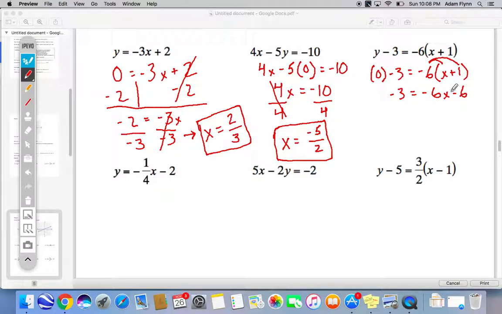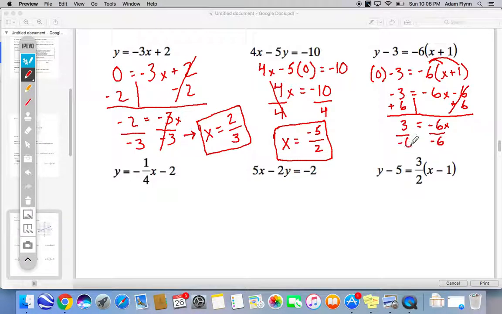So now I know I need to solve for x. I can add 6 to both sides. When I do that, the 6's cancel over here, so I'm left with negative 6x. And over here I have negative 3 plus 6, which I know is 3. To get x by itself, I will divide by negative 6